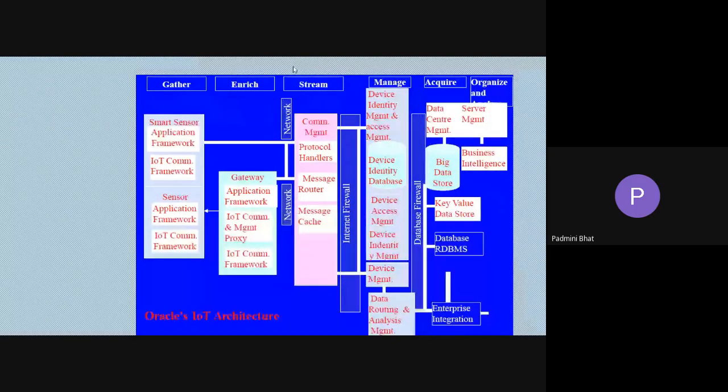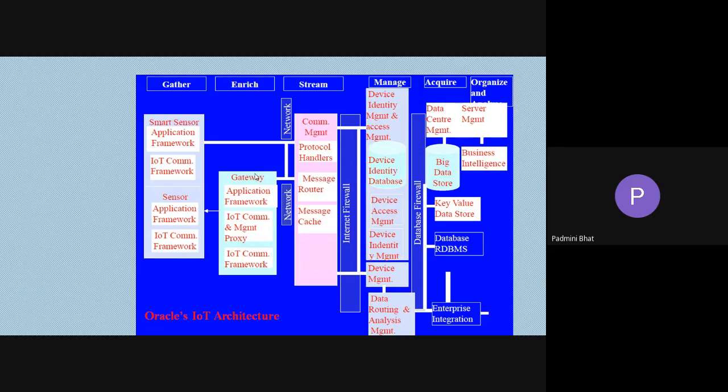Here, like the previous day whatever you studied, it is to gather the data and enrich the data. Enriching the data is done at the gateway. Then it is given to the stream, that is where the communication management comes.